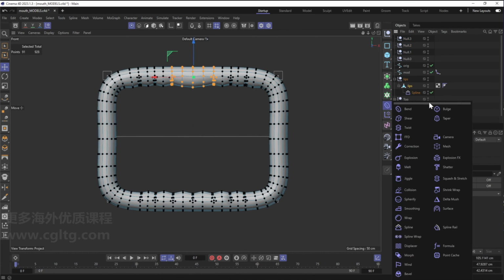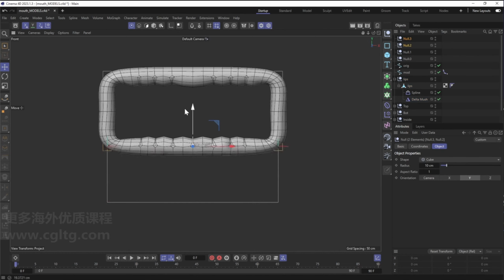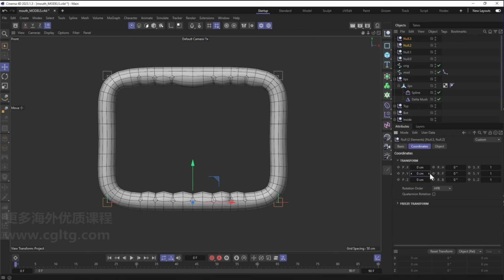To fix it, we're going to use Delta Mesh. Make sure it's a child of the lips and place it after the spline modifier. This modifier will try to restore the original shape. You can play with iterations and tangent mode. In our case, it looks good enough because the mouth will never close completely and will not take any complicated